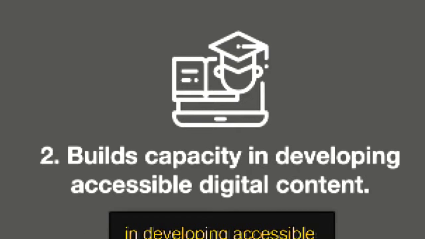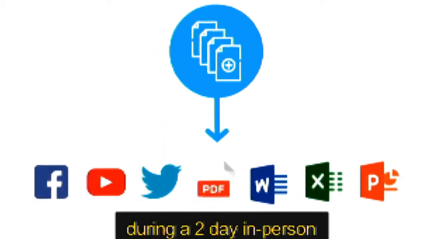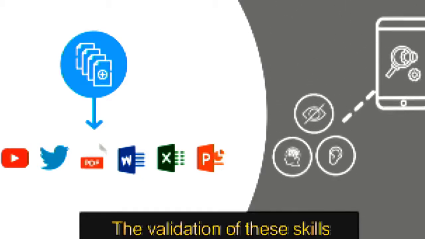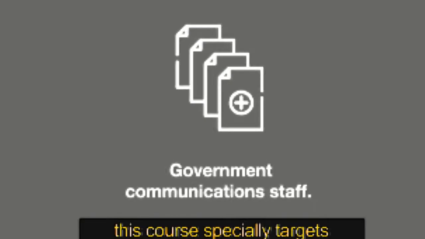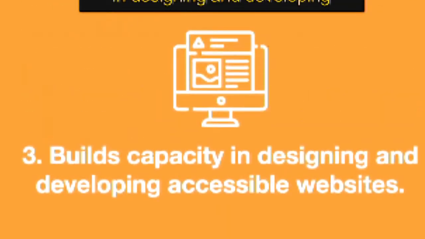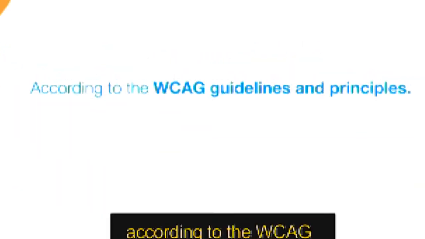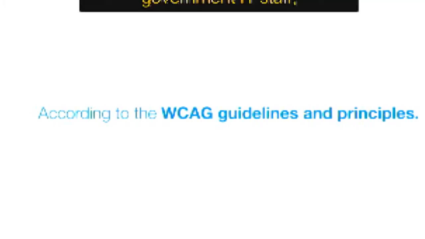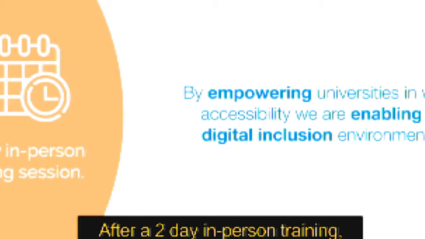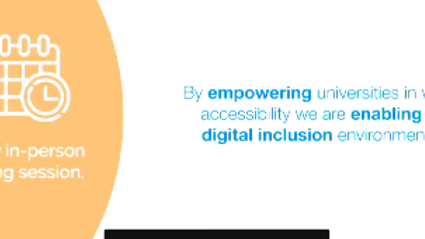The second step builds capacity in developing accessible digital content. Participants will learn how to make digital content accessible in different formats during a 2-day in-person training session, during which they will also learn how to pass on their knowledge to others. The validation of these skills will be done jointly with end users, persons with disabilities. Although relevant to all content providers, this course especially targets government communications staff who will further share their knowledge within their work environment. The third step builds capacity in designing and developing accessible website structures according to the WCAG guidelines and principles. During the course, which targets government IT staff, persons with disabilities will validate the work for usability and compliance. After a 2-day in-person training, participants will continue working on the accessibility of their respective websites with ITU instructors